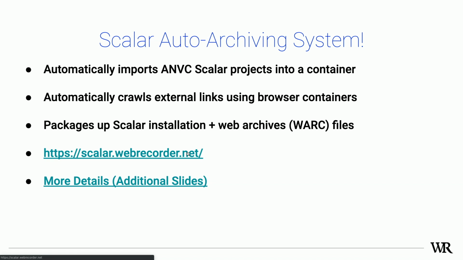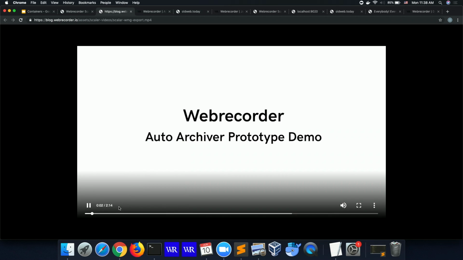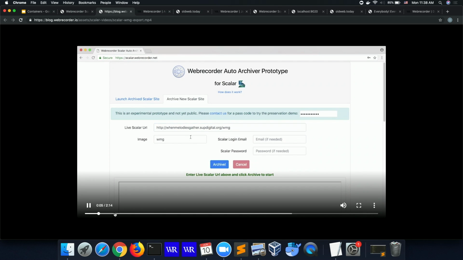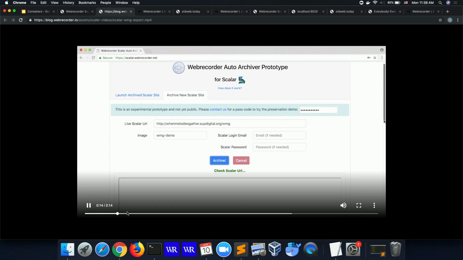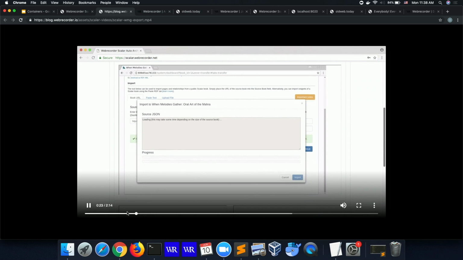I know that Reclaim offers Scalar as one of the options that is hosted, and so what this does is it kind of extends the idea of archiving, and also actually copies an entire Scalar site into a container. And so in the interest of time, I'll just show a quick video of how that works. Using that site, we basically enter a URL that points to a Scalar site, and then, building on the existing components that we have, the remote browsers, it'll launch a special browser that then runs an import